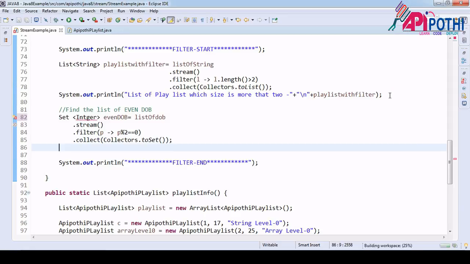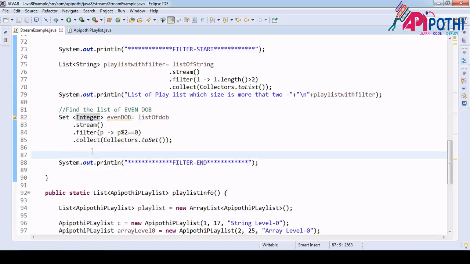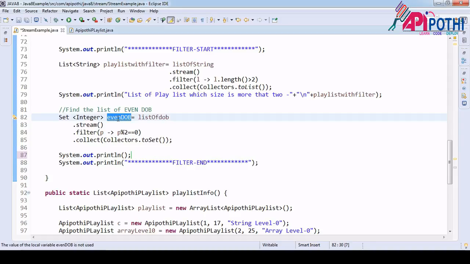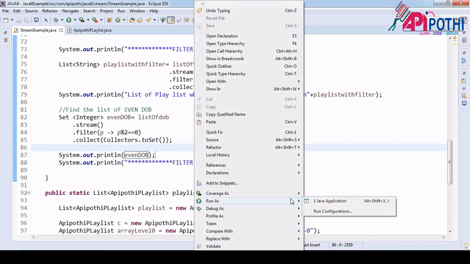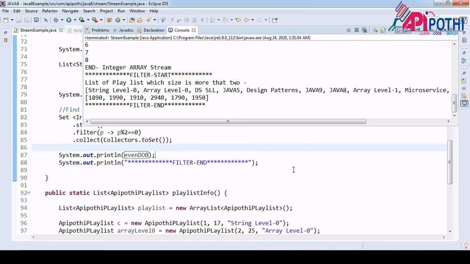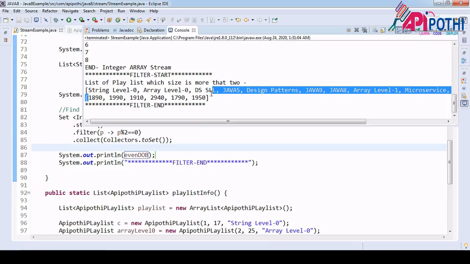Now if we print, integer, okay, now if you print this one, even date of birth, right click, run as Java application. So this is the even date of birth.